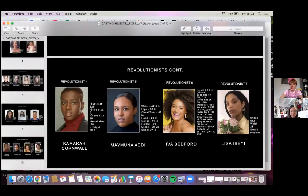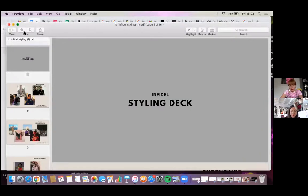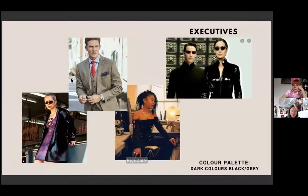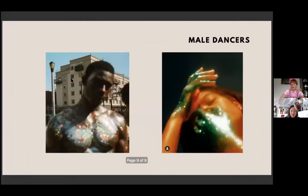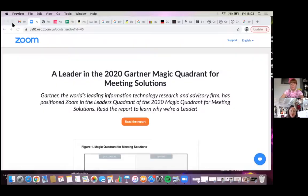Okay, I can refer back to it for the style deck. And then they sent me the style deck of all the references that they were after. So this is for a music video. So it's all very kind of loud print, a lot of jewelry. But then straight away, I can reference this and then the cast as well. So I know exactly, it's all, again, very clear from the start of what they're after and say what the